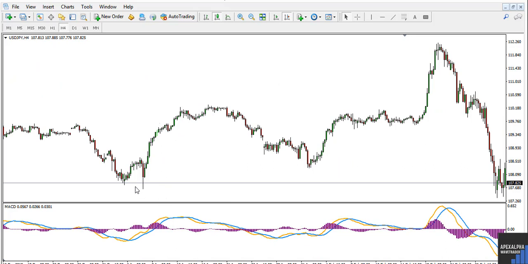Okay, so this is another incidence of positive divergence here, like so. And if we look down at MACD, you may not see it so prominently, but if I draw a line here, you can see that it pushed the price up. Okay, another incidence of divergence here from here to here. You look at this, you can see that this point here,